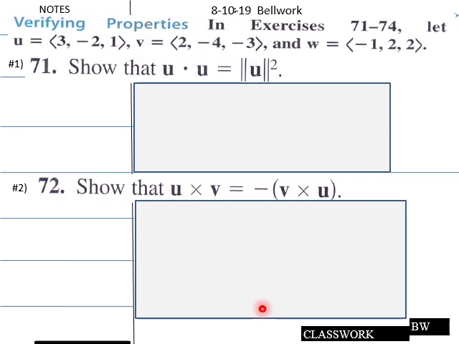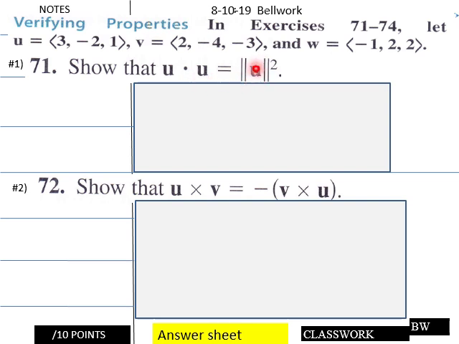Today's bell work, teachers, students. Let u equal 3, negative 2, 1. You should recognize these as component-form vectors. The v is 2, negative 4, negative 3, and w is negative 1, 2, 2. Show that u times u